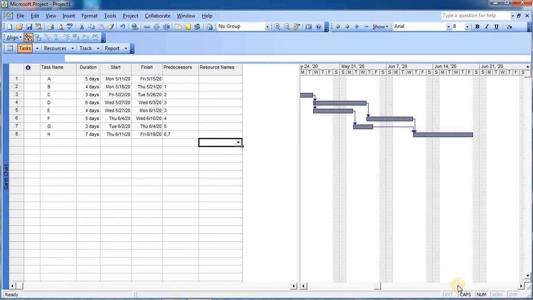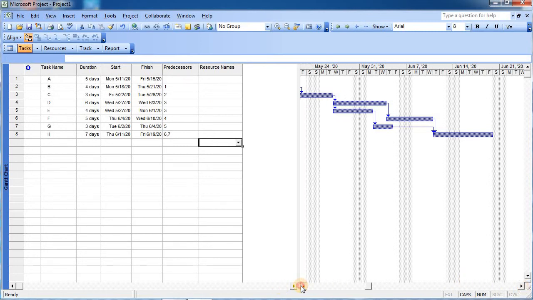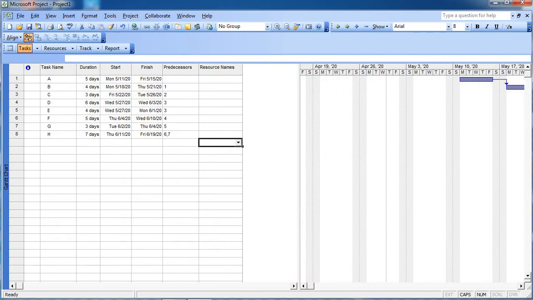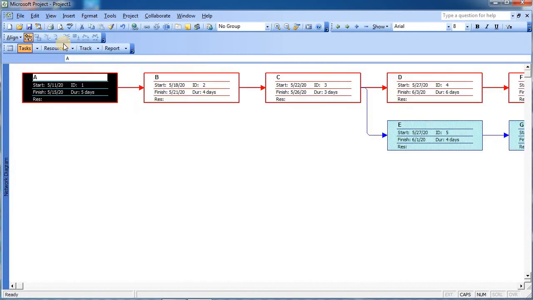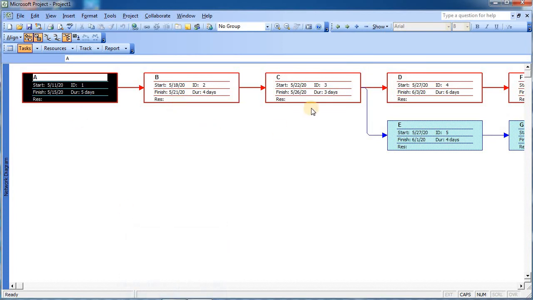Once you make this Gantt chart, you can also see the network of the same. How do we see the network? We can go to View and click on the network diagram. As soon as you click on the network diagram, you can see A, B, C, and then D and E are in parallel.